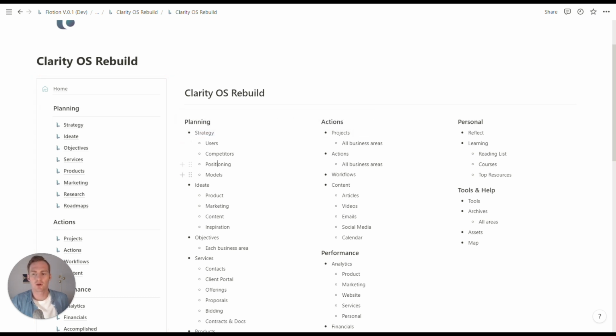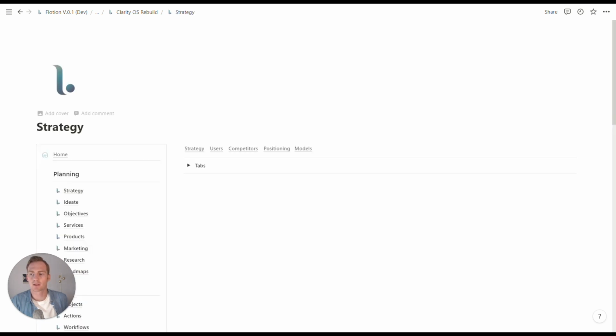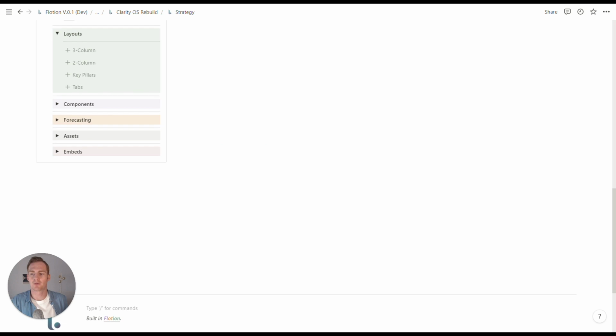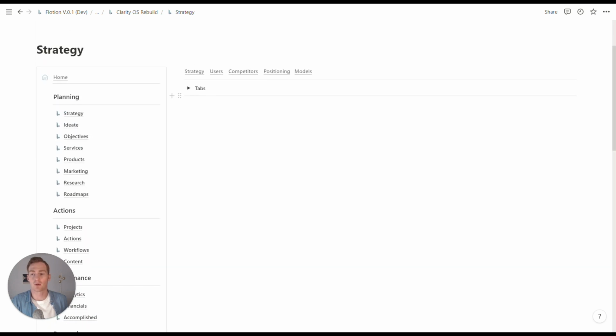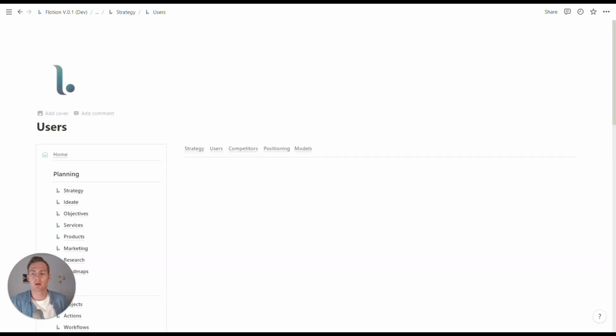There are 4 different pages that we want to create inside of there. And to create that inside of Notion in a web-app feel, we have our main strategy page, which will have probably a home dashboard of all things related to strategy. And now we have a top menu, which is going to take us to those pages